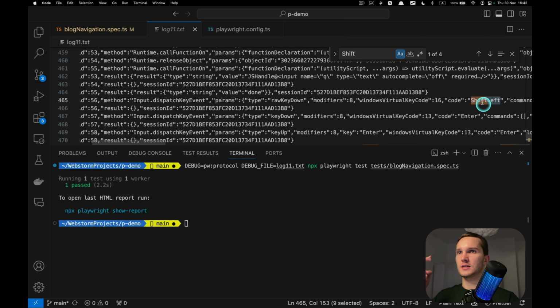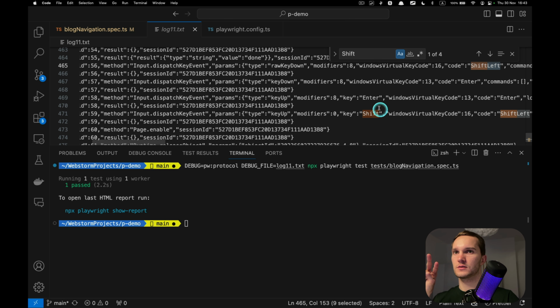So what Playwright does, Playwright first presses on shift, then presses on enter, then Playwright sends key up. Key up is releasing enter and releasing shift. Key up, shift. That's what Playwright does.